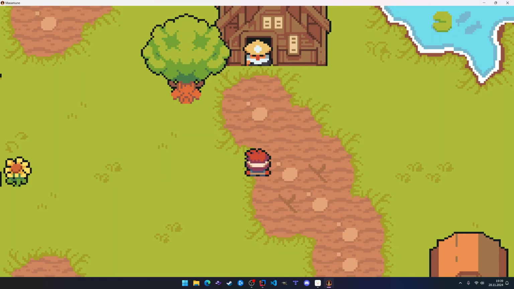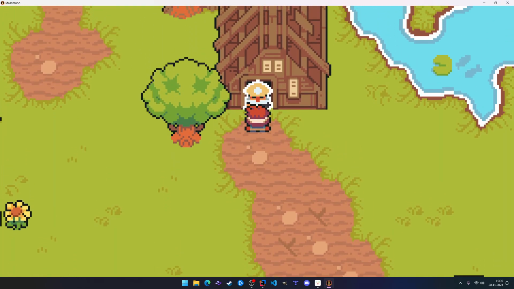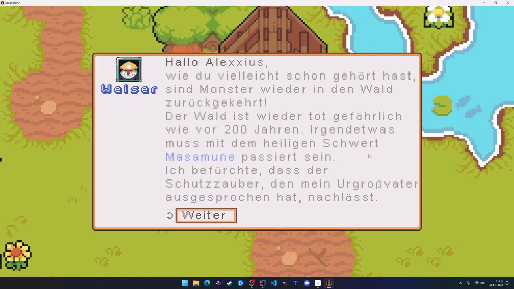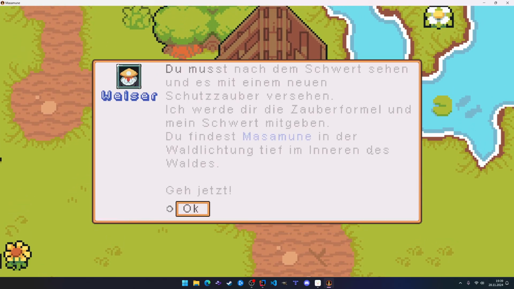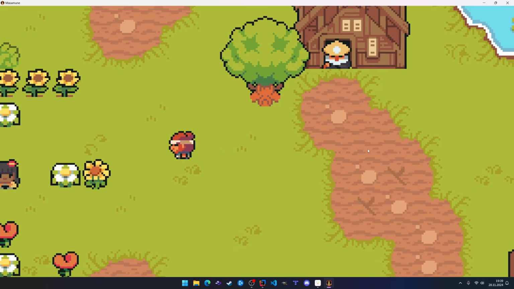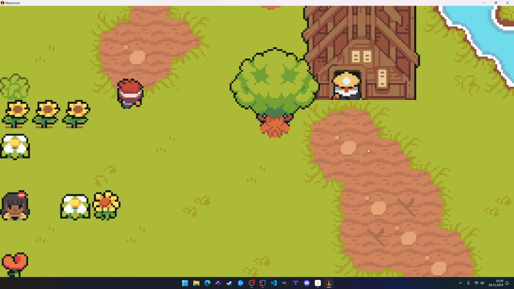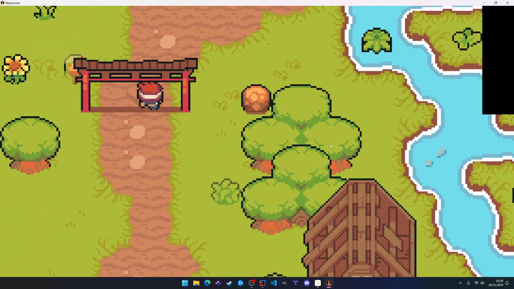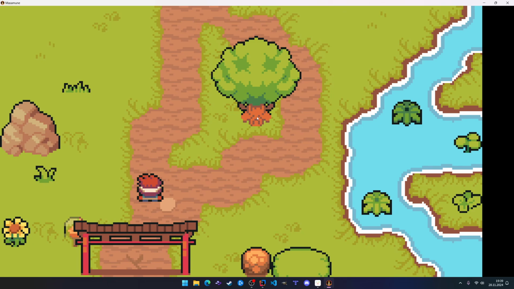So before there was already, of course, the interaction with the NPCs, there was the dialogue functionality. I'm not sure if I showed all of that. There are some triggers, quests already in the background and things like that. The map transition, which I also updated a little bit, because before